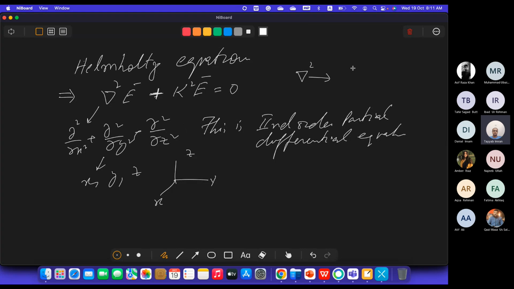this del square is also called Laplace operator. ठीक है, and that is simply the rate of change with respect to position. ठीक है, rate of change with respect to position. ये x, y, z, these are all positions. ठीक है, so Laplace operator, and with the help of this operator, we basically find out the rate of change of E with respect to space, with respect to position, not time actually. ठीक है, and